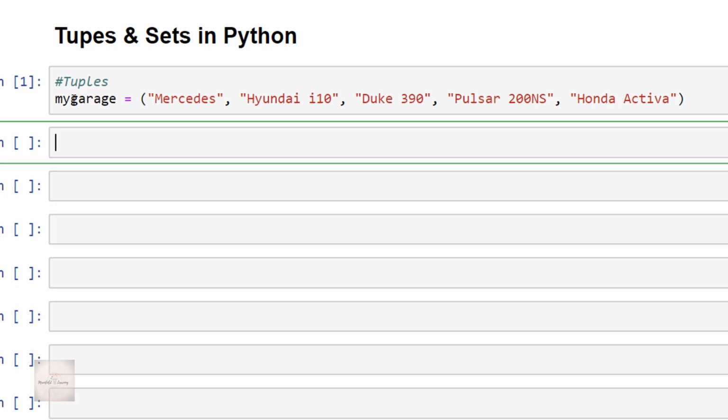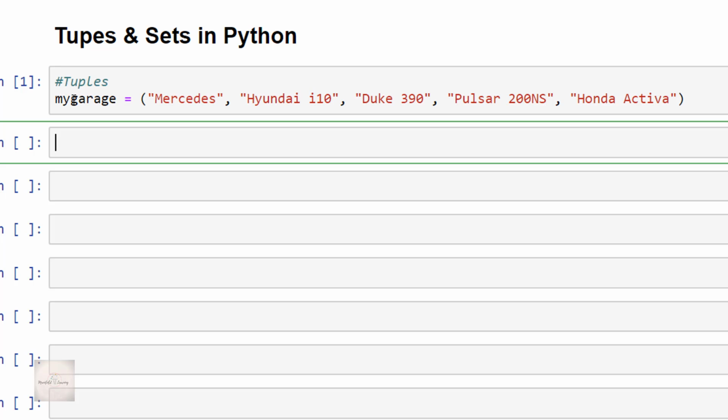So let's say I want to change the bike name of Duke 390 to Duke 790. Just like we have learned from the list, we can change the element of the list with the use of index number of that element. Correct, right? So the Duke 390 is present at index number 2.